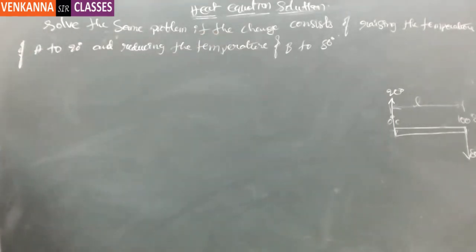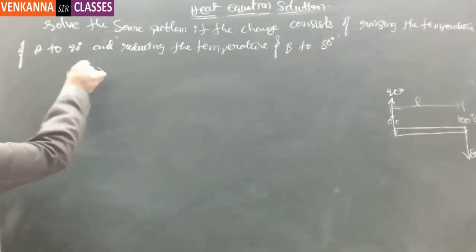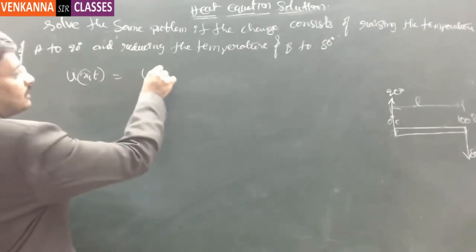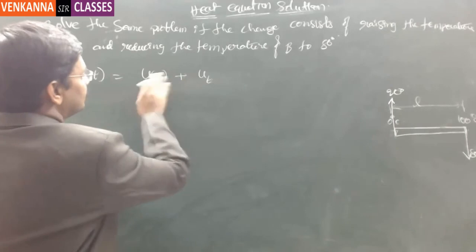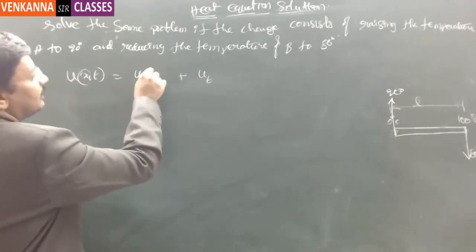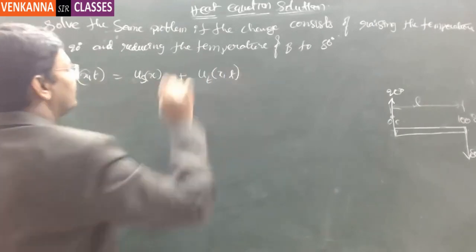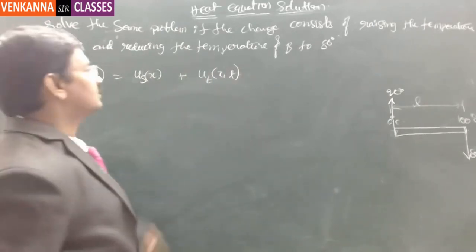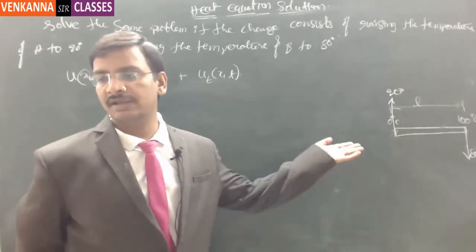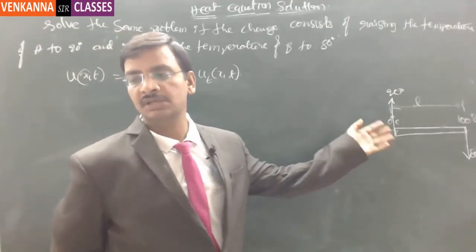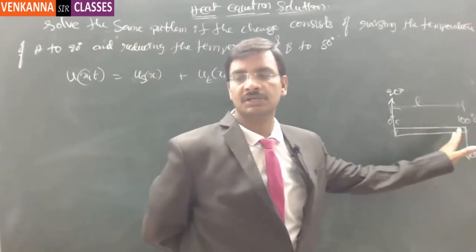as if like it is any normal ordinary differential equation, the solution u of x comma t is divided into the steady state solution plus the transient solution. So this is the steady state solution and then the transient solution. We will be dividing in this particular format. The steady state solution is straightforward and easy because it is a linear distribution. Suppose I keep this temperature at 20 degrees centigrade and this temperature at 80 degrees centigrade